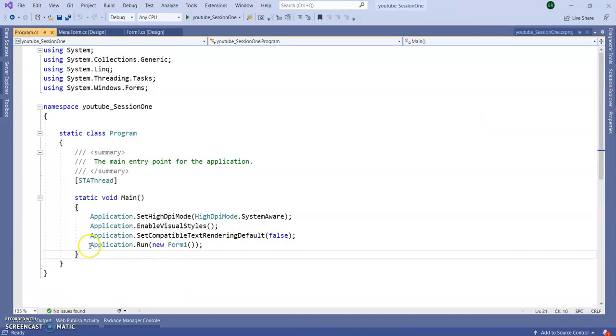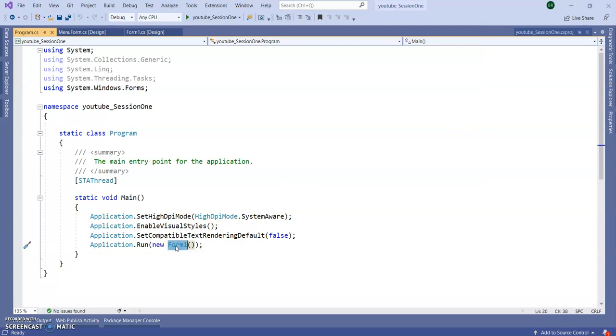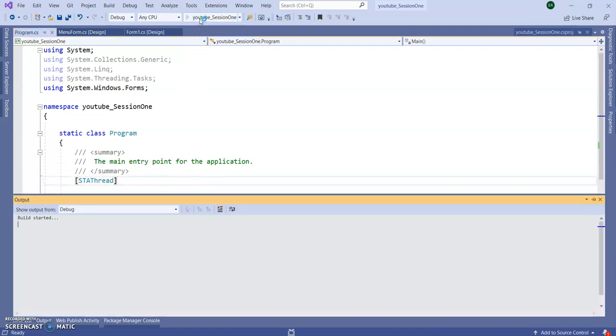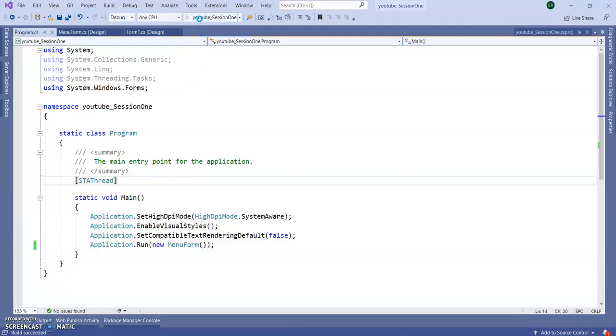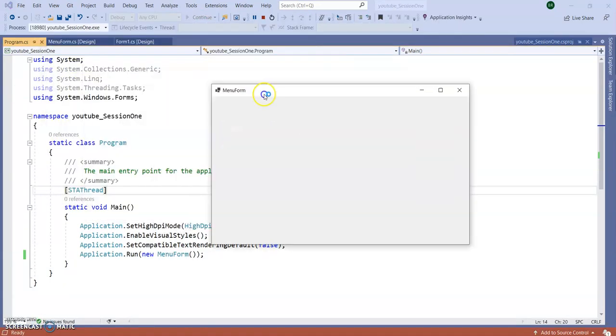So you can see application.run. Here is Form1. Form1 is our existing older form. So I am now going to change it here to menu form. Right? So run the application. So you can see menu form is coming.